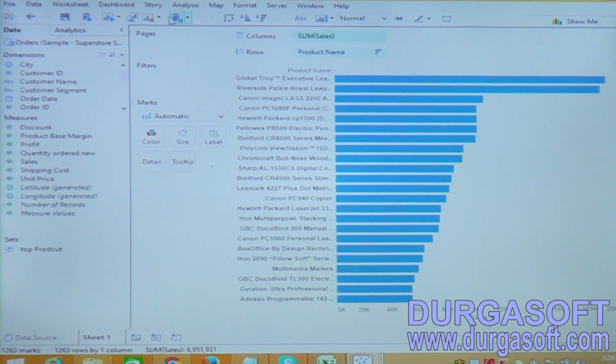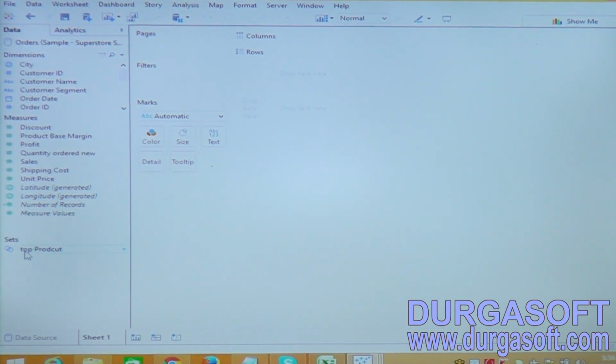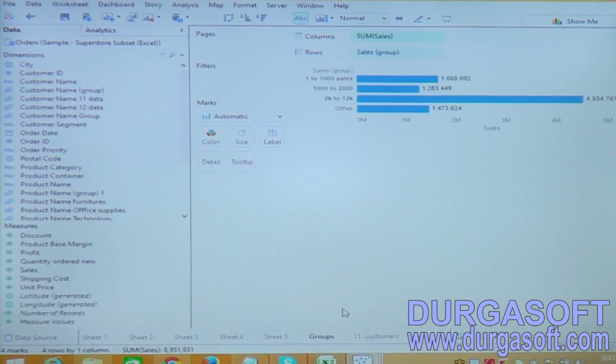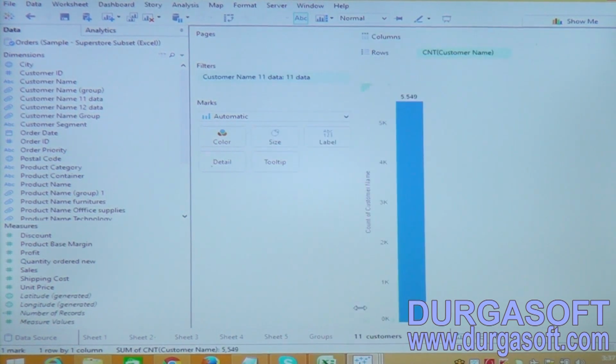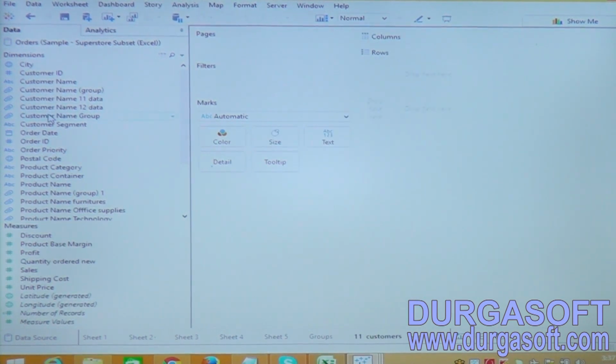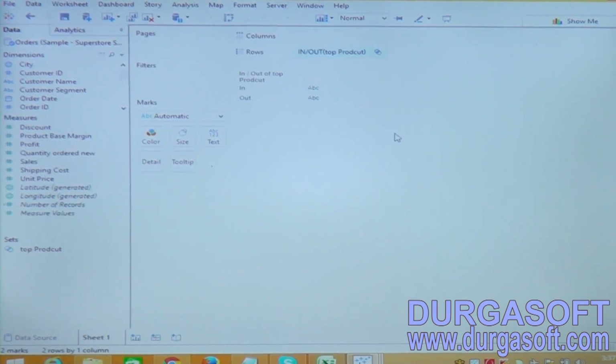Now when you drag the set which you created, it is showing in and out, but when you create group members, it is showing as group name and others. Here it is showing group and other, but in a set it is displaying in and out. In means who are part of that created set.